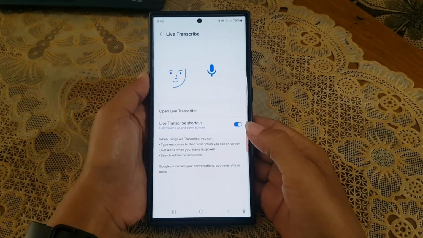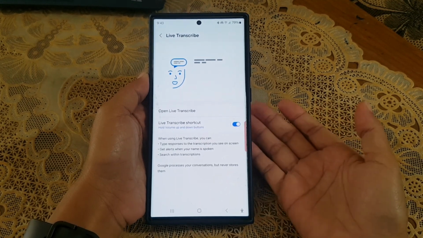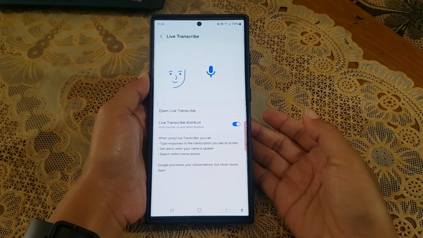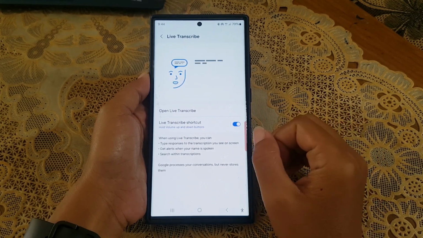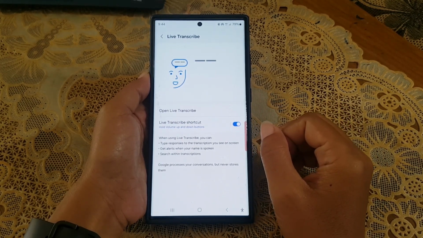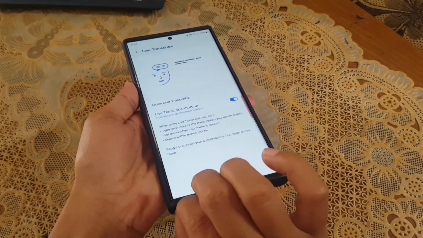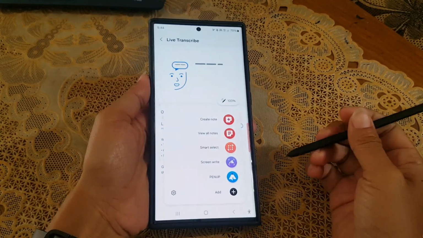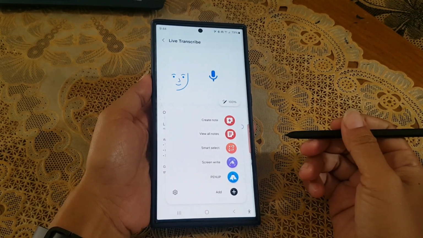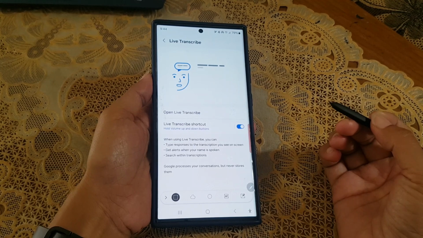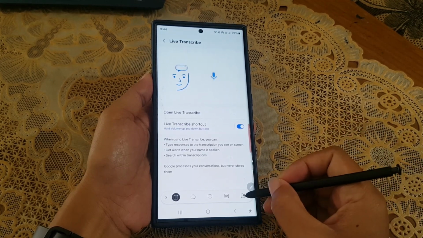To extract text from Smart Select pin content in Samsung Galaxy S23 Ultra with Android 14. While you are viewing a content you like to capture, remove your S Pen to open up the Air Command menu. And then tap Smart Select. Tap the pin to screen icon.